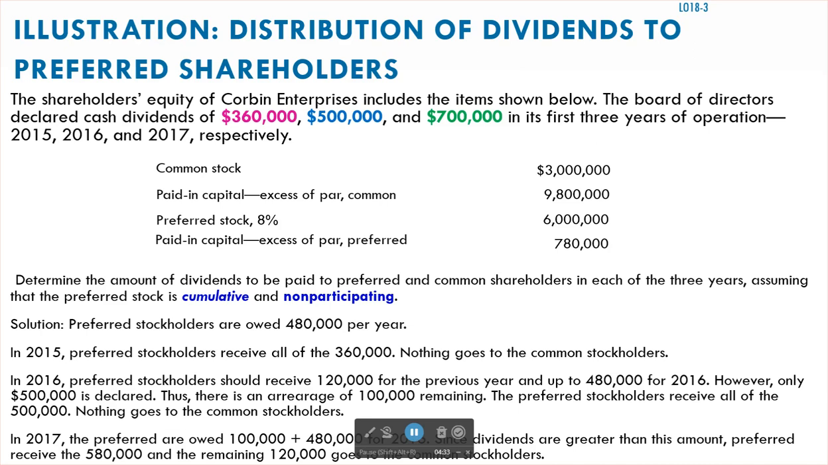Well, as we continue into the last issue in 2017, the declaration here in 2017 of 700,000, when you get to 700,000, you're able to obviously pay the 480,000 for that year for our preferred. You're also having funds left over to pay the preferred for any arrearage that they have. And so because you paid that arrearage and you paid the $480,000 for that year, the remaining amount will go